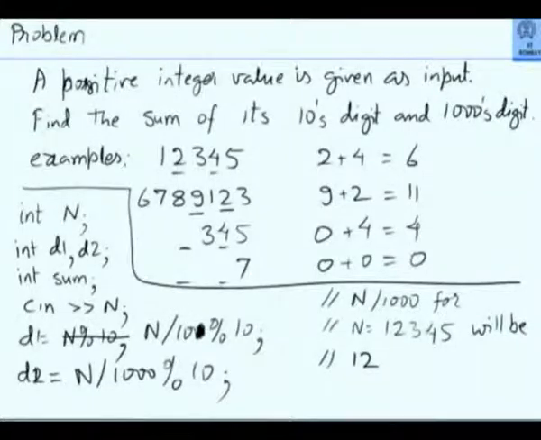So these are simple tricks, but this is where we can make a mistake. Now, how did we correct ourselves? It was a mistake first, but somebody thought, and how did somebody think? That somebody actually calculated. Okay, if this is the value 1, 2, 3, 4, 5, what will happen? If I divide by 100, what will happen? If I divide by 10, what will happen? If I take modulo 10, what will happen?